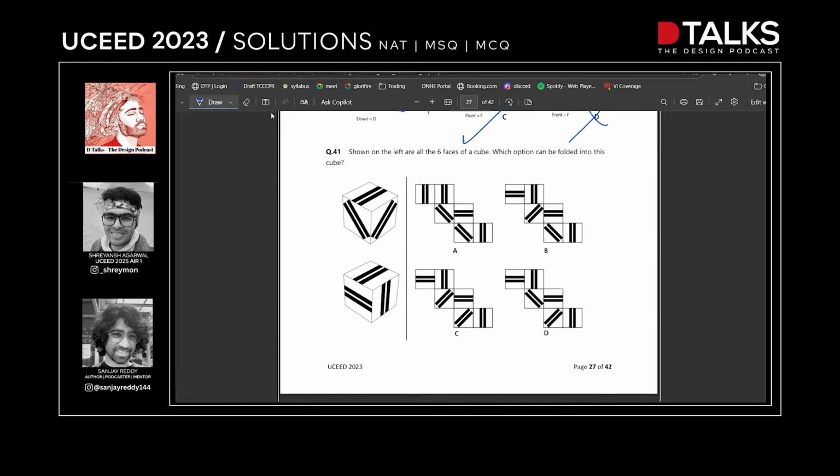41. Shown on the left are all the 6 faces of a cube. Which option can be folded into this cube? All right. So for 41, let's just look at these particular faces first, right? Because they are very distinctive. There are only two faces with the slanted edge. So on this one, it's over here. If you join these,